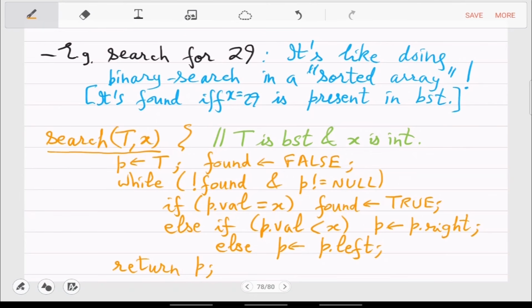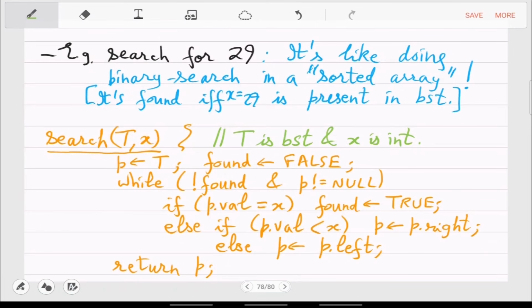Yeah, right. Or if found remains false, but you come out of the while loop, it means that P was equal to null, right? So you will return the null pointer, which means that no location of X exists.